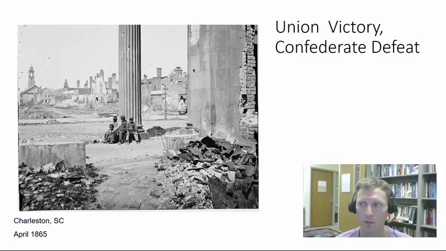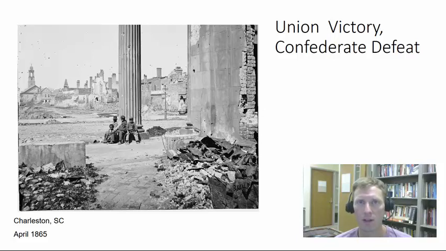What you see in front of you here is a photograph from Charleston, South Carolina at the end of the American Civil War, April 1865. You can see the city is destroyed. You can see these young African American boys dressed up as soldiers a little bit, and this city is devastated. Partly it's devastated by war, partly because there was a fire there. But basically, what you have is